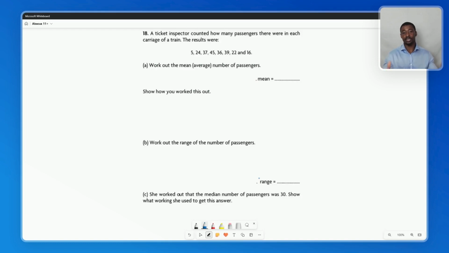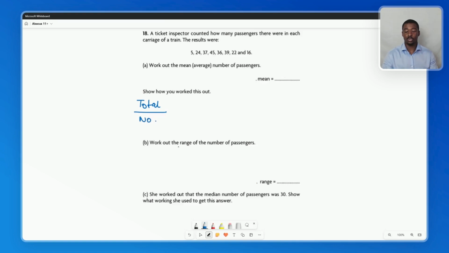So here for this next question, we need to draw on our understanding of mean, median, mode, range, all these things here. Because we're told that a ticket inspector counted how many passengers there were in each carriage of a train. And these are the results. What's the average? Okay, so how do we work out? And we have to show our working as well. So how do we work this out? The average, the mean of the number of passengers. Well, we simply take the total number and we divide it by how many numbers there are. So total over